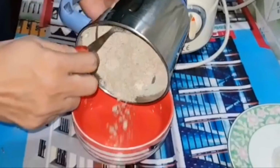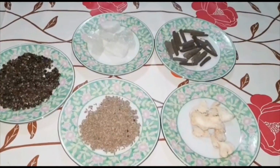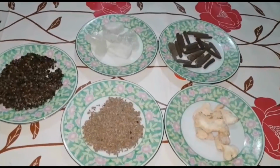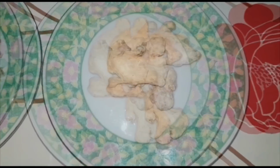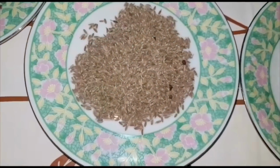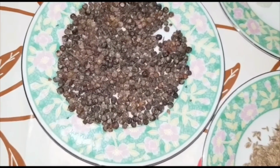Now this video was taken by my brother in Kerala upon my request. Make sure the ingredients are completely dry, shouldn't be wet at all. For this you need dry ginger around half cup, cumin seeds half cup,